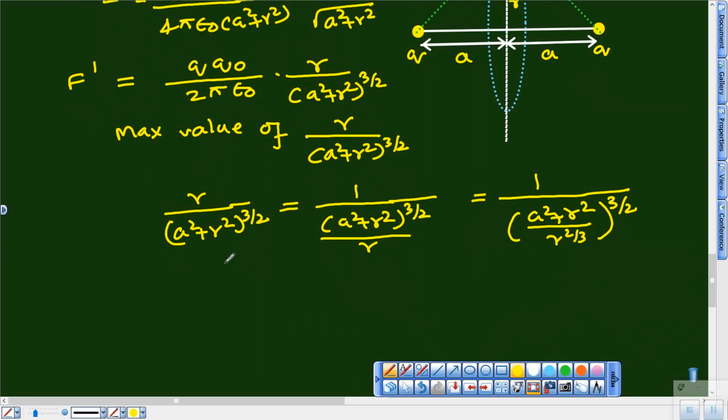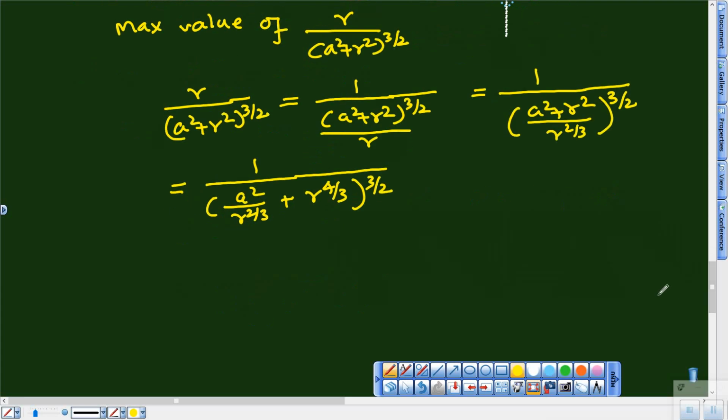Now the same expression becomes equal to what? The same expression becomes equal to 1 upon a square by r raised to power 2 by 3 plus r raised to power 4 by 3 raised to the power 3 by 2, of course, outside. Very judiciously, what we do is we write it as 1 upon